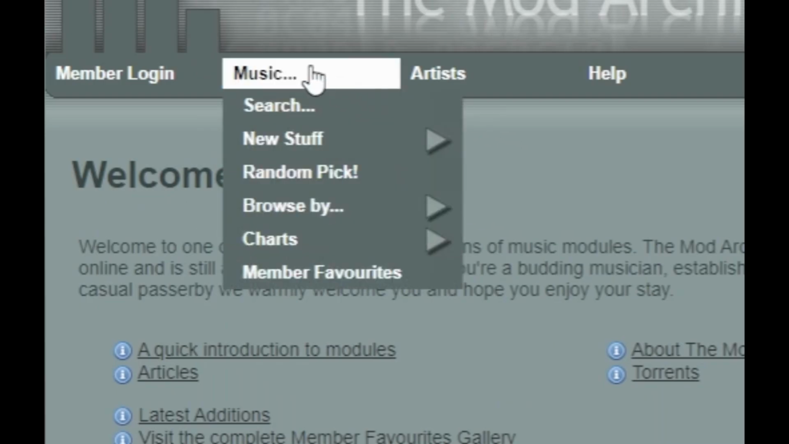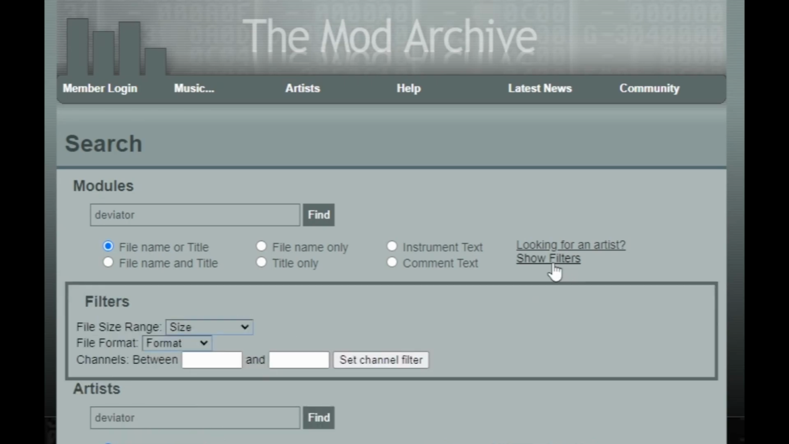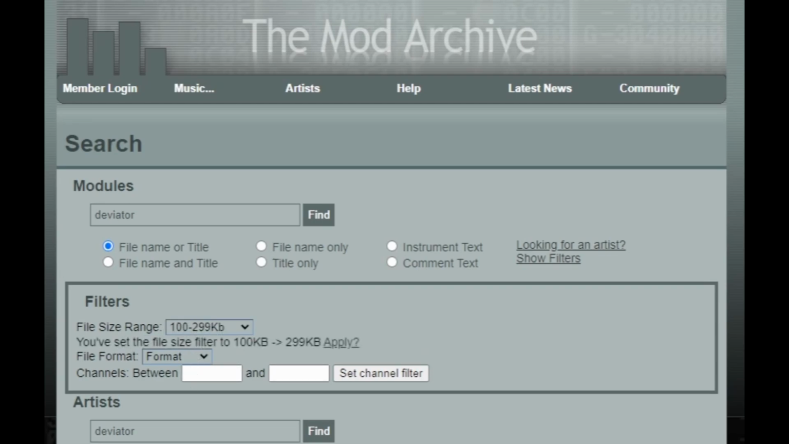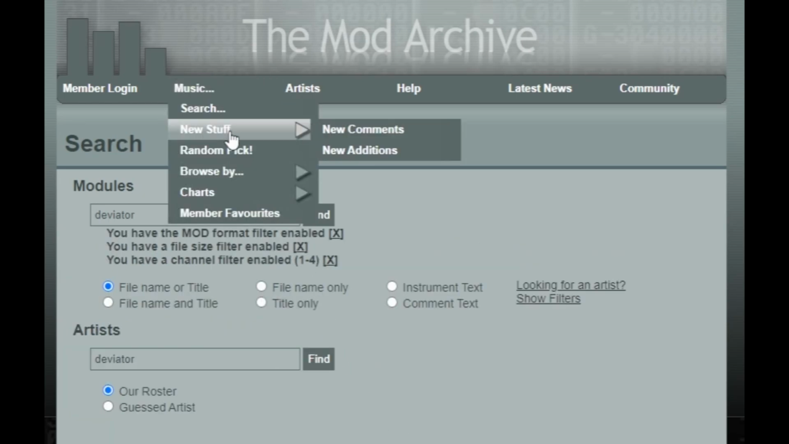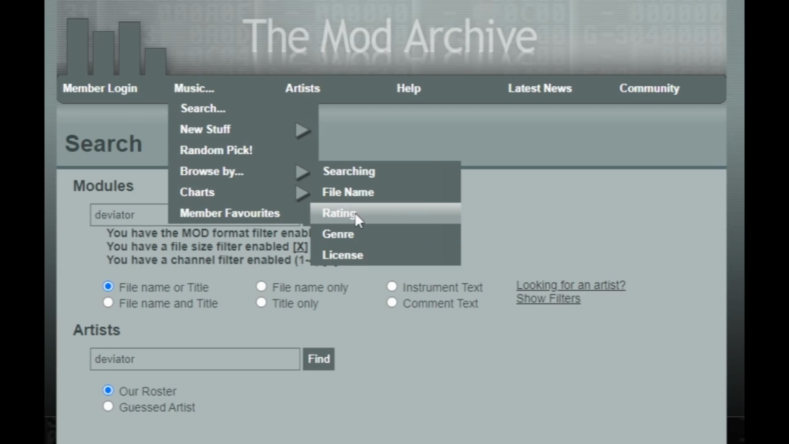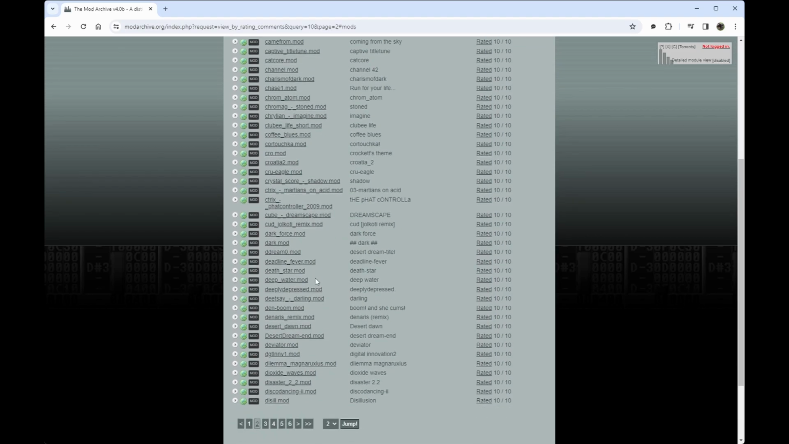Okay, so this is the mod archive. Let's go to music search. And the way the mod player works, it's limited to 350K for now for the file sizes, it's mod only and 4 channels only. So let's put a bunch of filters for this. Let's pick this one. Format mod. Channels between 1 and 4. And then we can browse by rating, I guess. And one of my favorites is